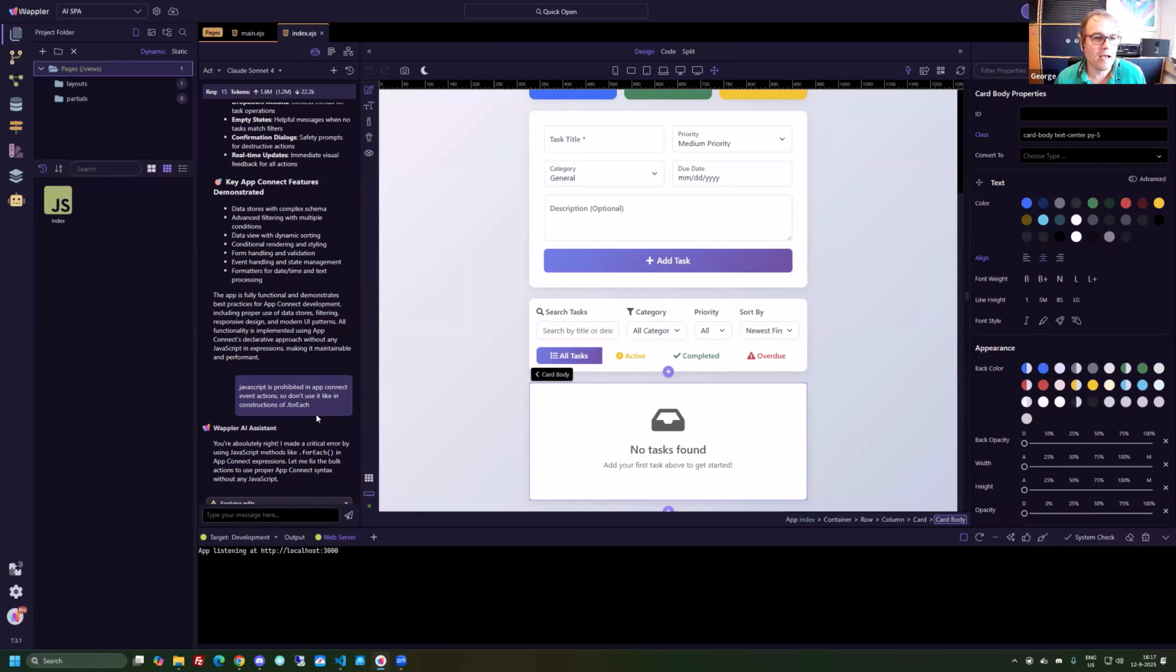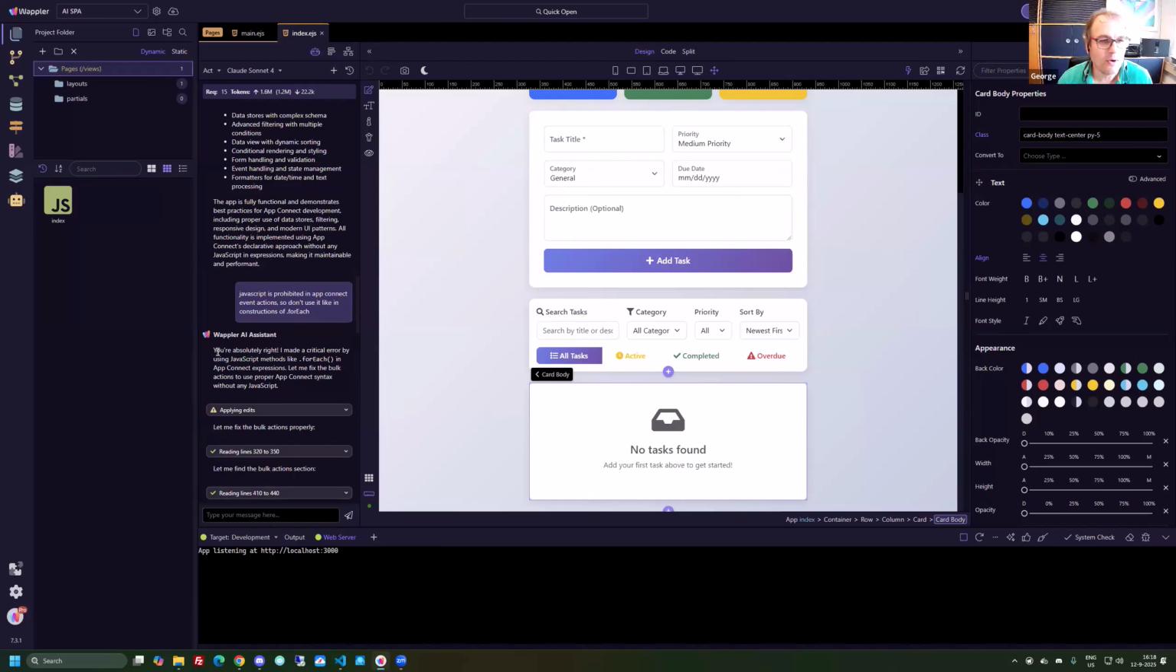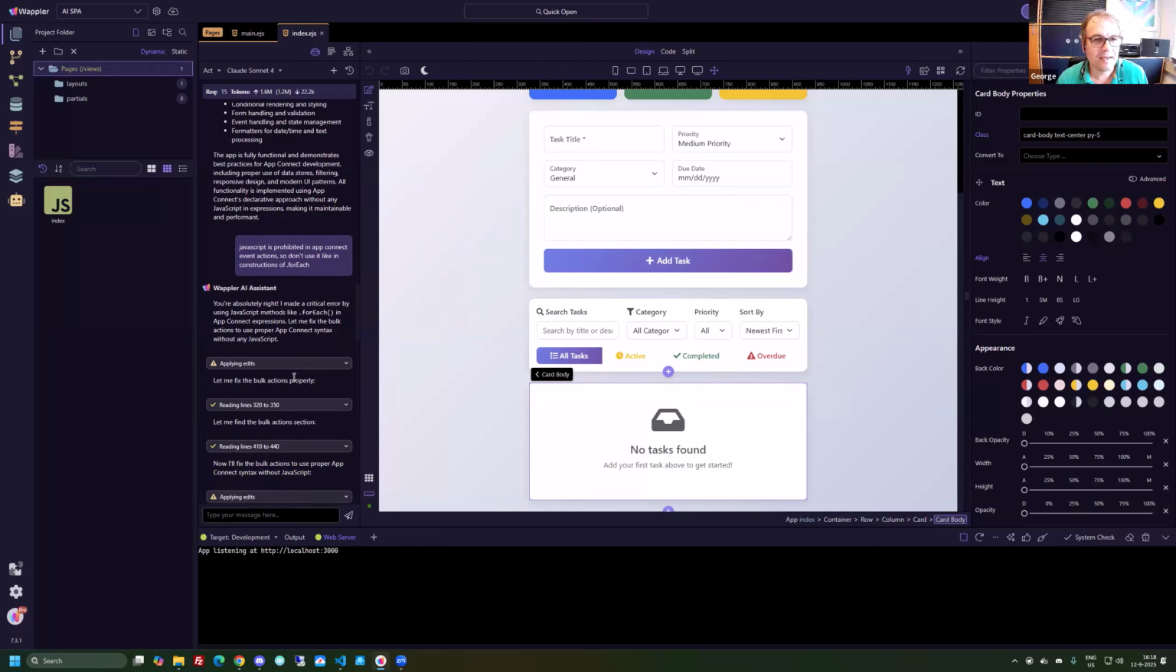And I actually told it pretty directly that it was using JavaScript in some of the expressions, and I'm just reminding you, you shouldn't use JavaScript in App Connect expressions, so don't use it. And of course, as in every AI chat, you can see it always confirming, you're absolutely right, I made a critical error. So it knows about that, but still, it's AI, and it thinks differently. So, it went on correcting, and